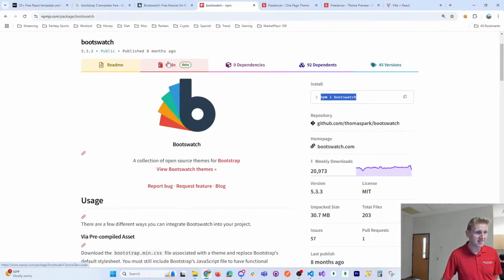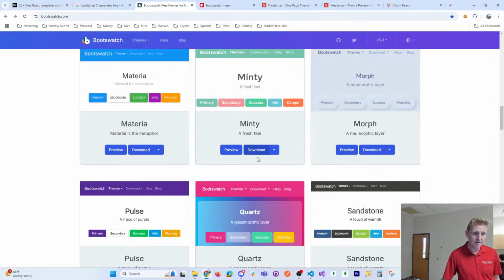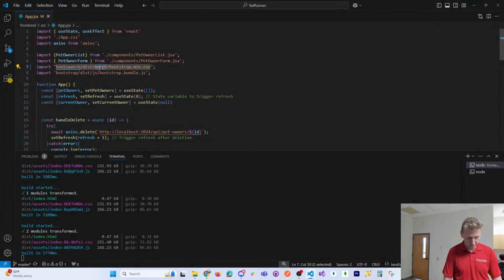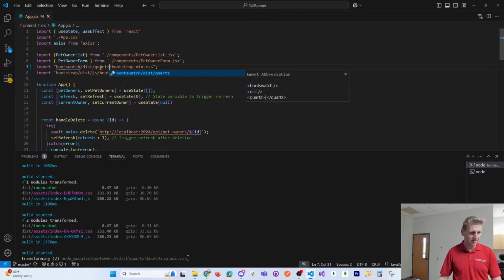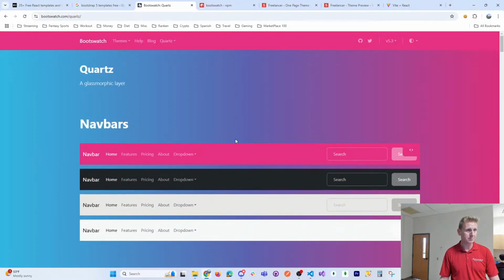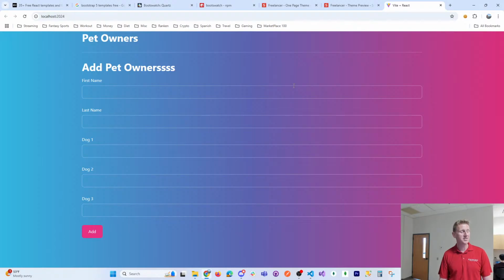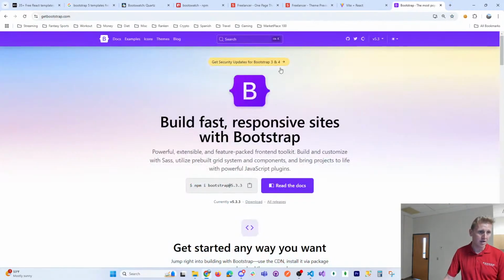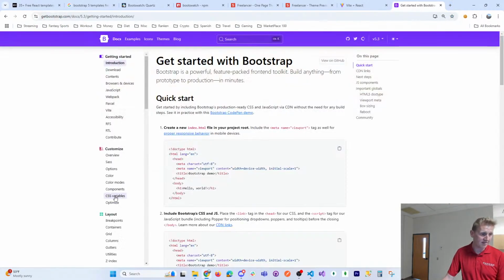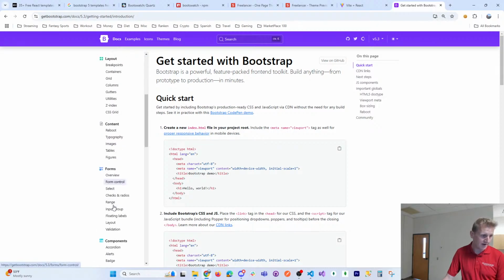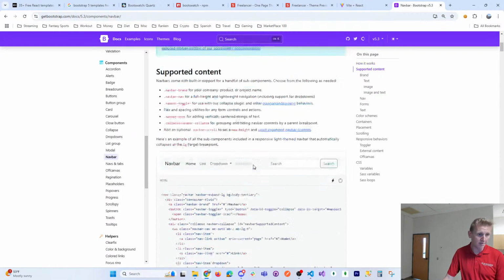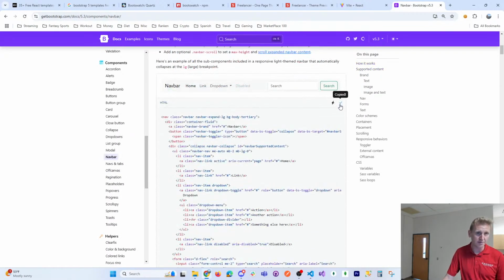And so again, it just kind of boils down to pick a theme. And if you want quartz, you just change one word, save it. I go back here, refresh, and get quartz. And then if I were to, let's just say, go to getbootstrap.com and I go to the docs and I want a nav bar. I mean, everything obviously is themed. So I go to my nav bar, copy the source code for my nav bar,